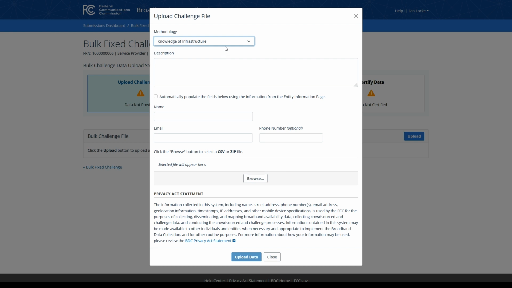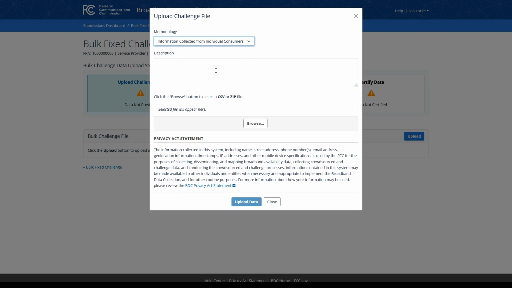On the other hand, the information collected from individual consumers option would be based on information collected from individual consumers about the broadband services available and not available to them. This would be an aggregation of reports from individuals who have personal knowledge to the accuracy of the challenges gathered by the entity submitting